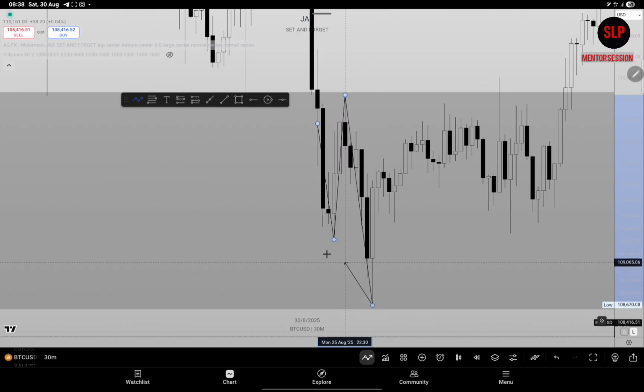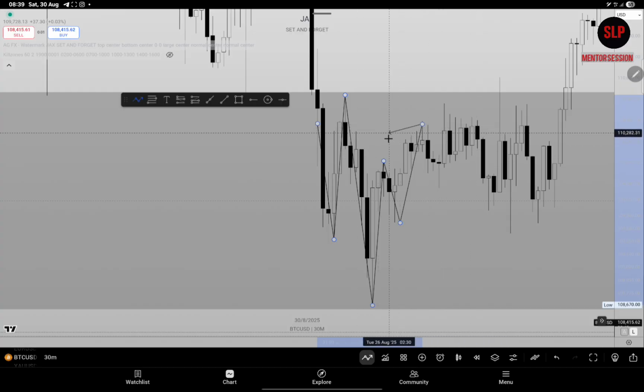So I was waiting for price to sweep the low. I was still chill, waiting, because if price takes out this high, that's when the MSS has actually occurred. So I was looking right at the market, and I was looking at the pullbacks. Price was doing a lot, and you can see that after price took out this high here,